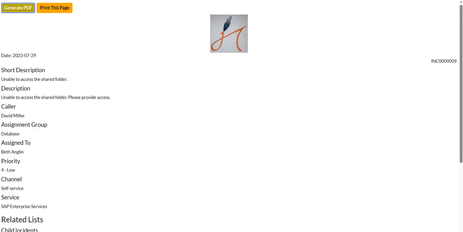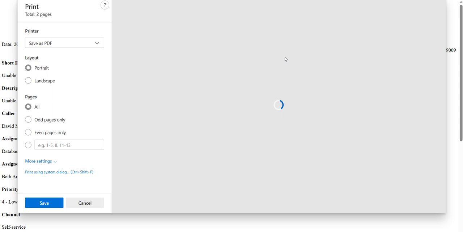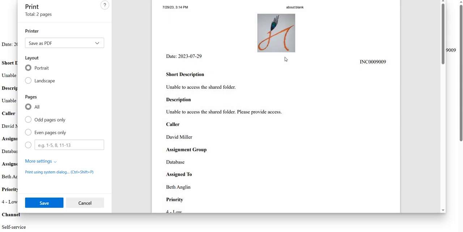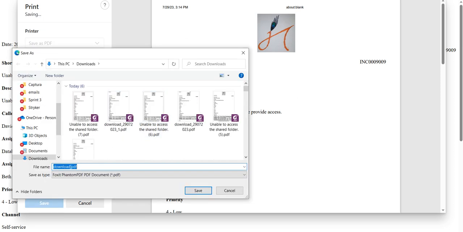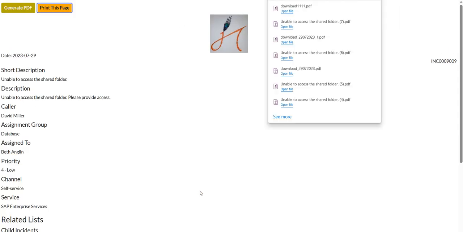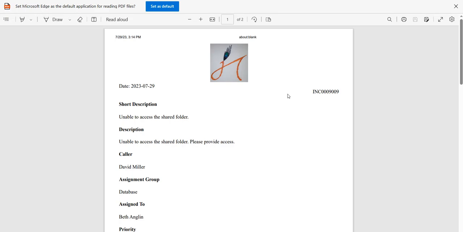Now let's try the second button, which is print this page. And as I said, it tries to utilize the print functionality of the browser. So here I've already selected save as PDF, and if I click on save, let's give some random name. If I save it, it opens up in this format, which is not so neat and clean as compared to what was generated